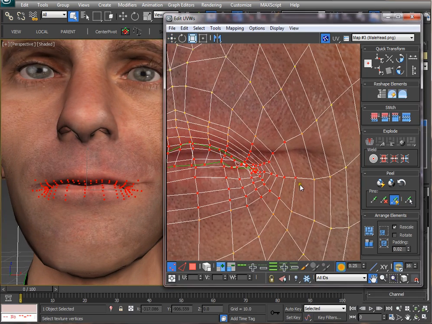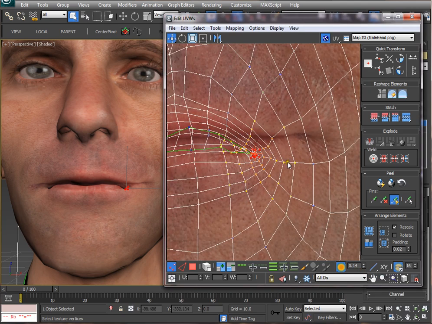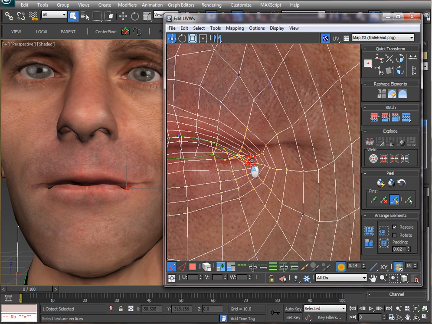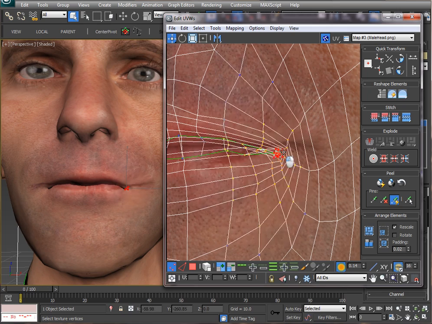And now what I want to do is get the corners of my mouth. Now this fall off might be too much. I can see I'm reaching all the way up here to the nose, so I'm going to bring that down a little bit. I'm just going to grab the corner of the mouth, and I'm going to try to directly move it there. I can tell this is too much stretching,